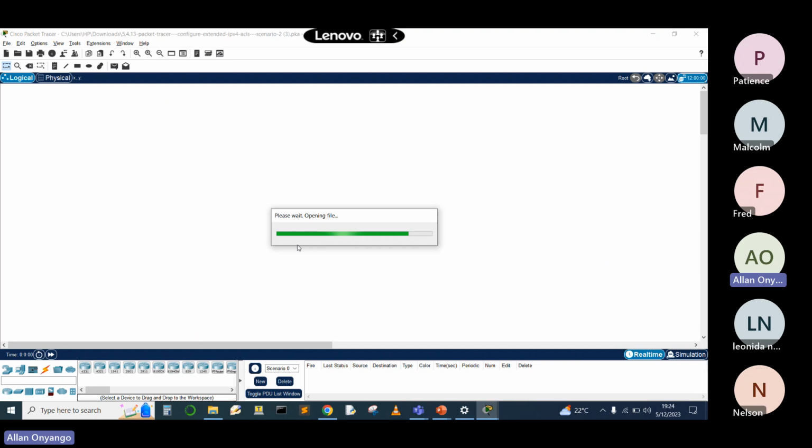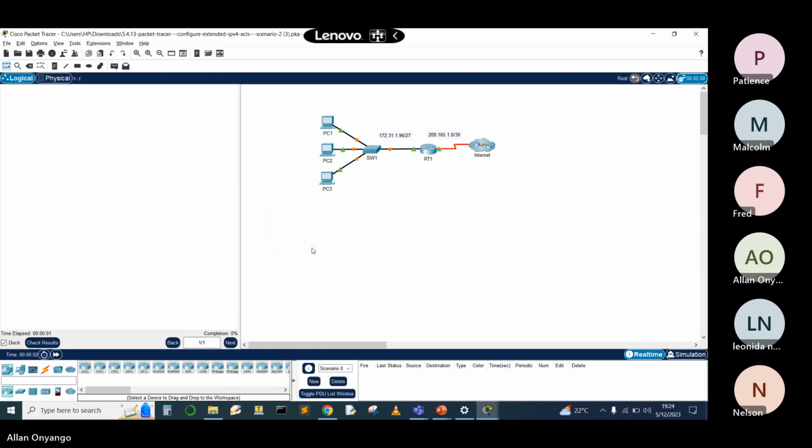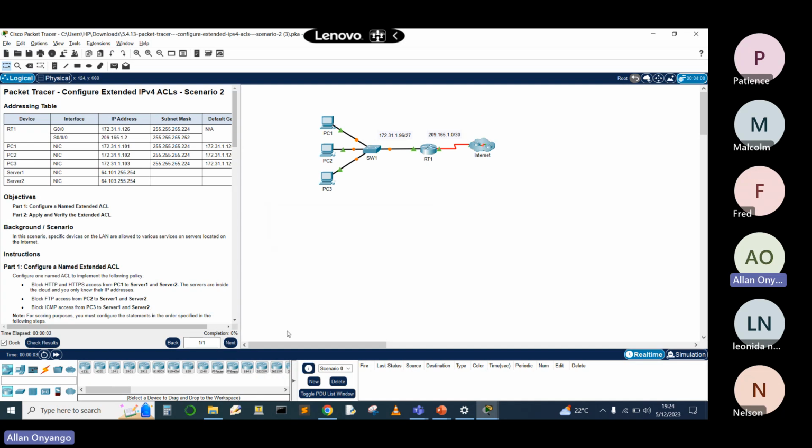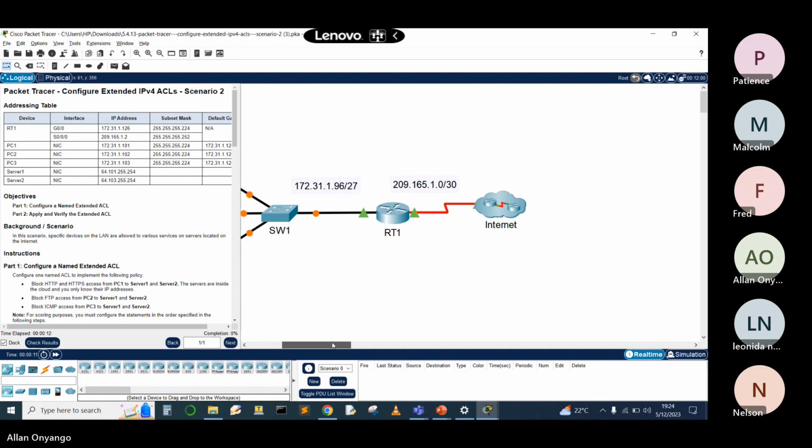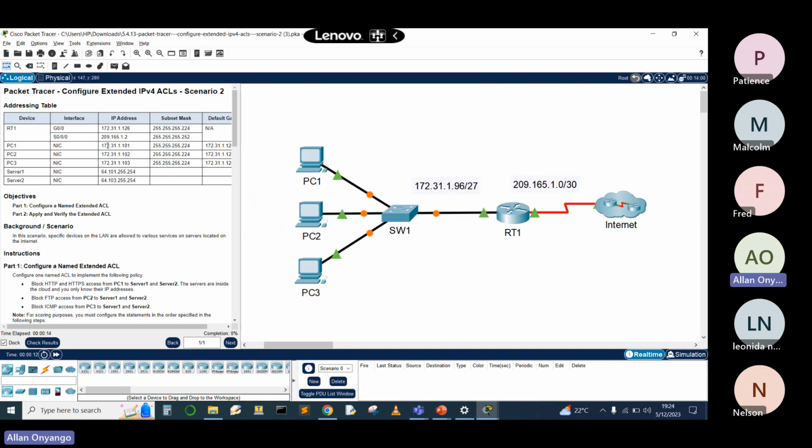All right, it's opening here. All right, it's opening. And I could just zoom it again. Yeah, this is another one. This is on